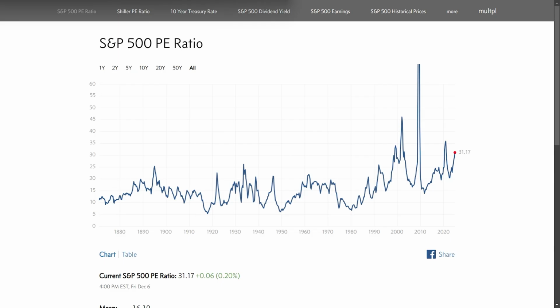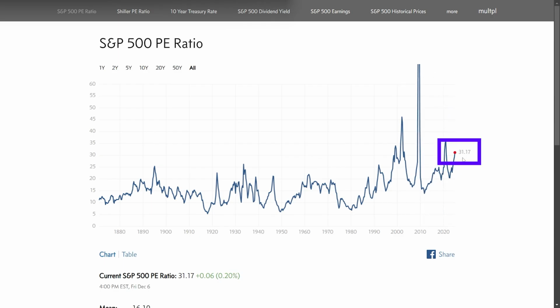Now, the same math can be applied to indexes. For example, here on multpl.com, we can see the historical S&P 500 PE ratio. And we have data since 1870, 150 years of data. And during basically more than 100 years, the PE went from 10 to 25, down to 5, 25, 5. And then in 2000, in the dot-com bubble, was the first time it basically surpassed 25, it went to 34, and of course it was a bubble, then it exploded. Today we are at